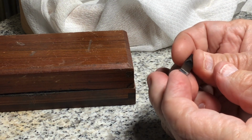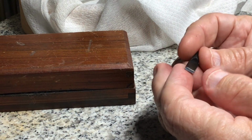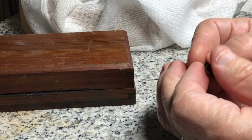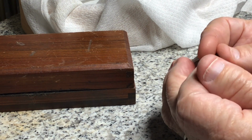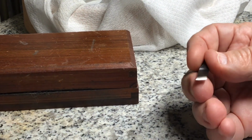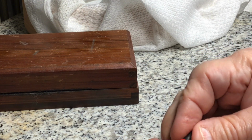So after I've got the oil off of it, I'll just come in and rub it with my fingers. Just that very small amount of oil that comes off your skin is all you need. Just get a little bit of an oil film on that blade. And then your maintenance on your tools,